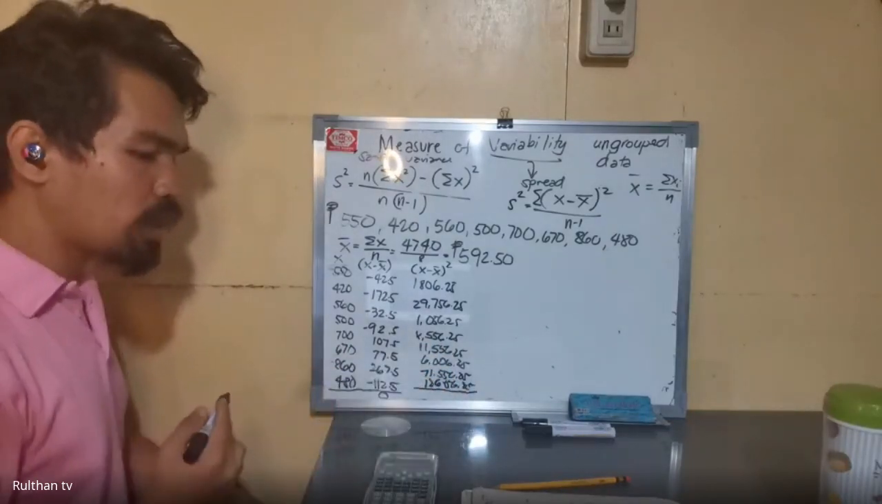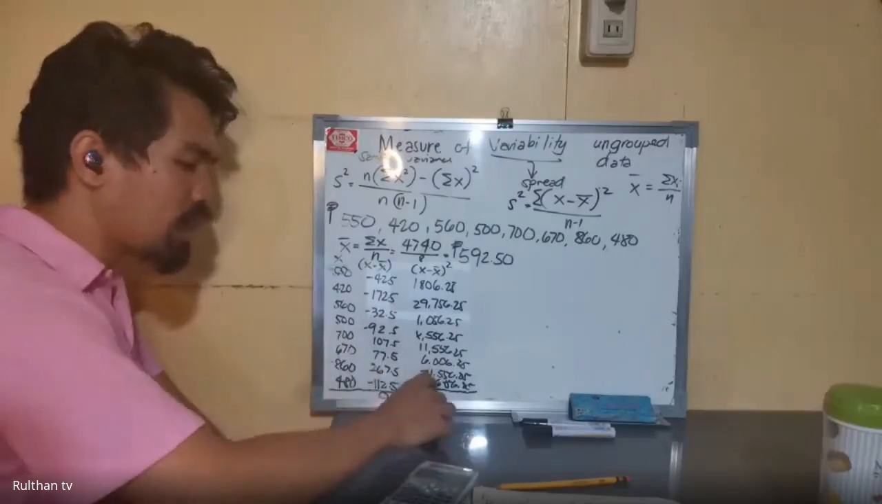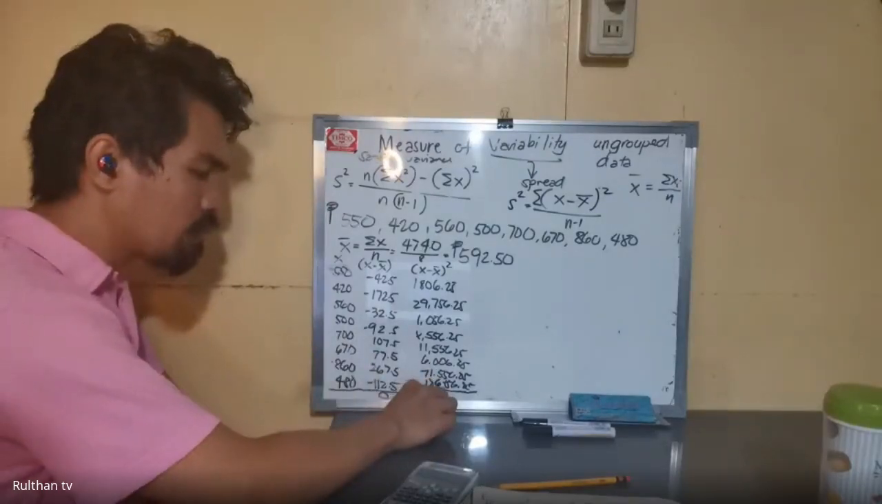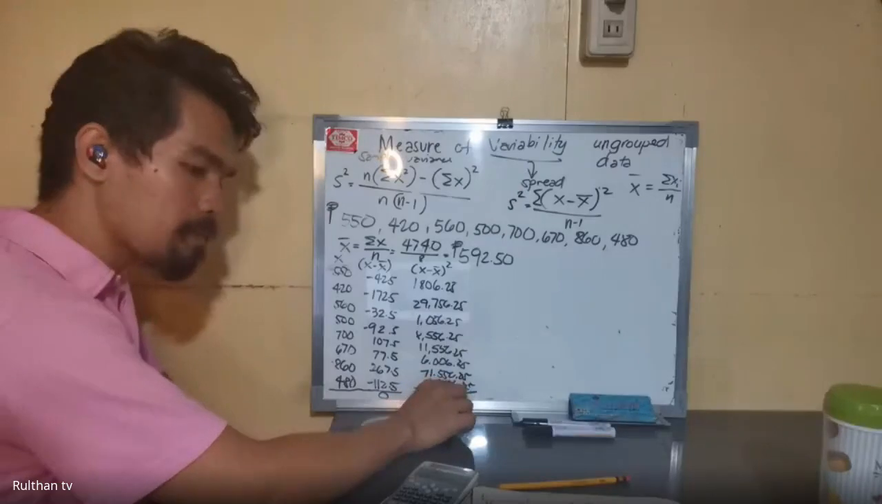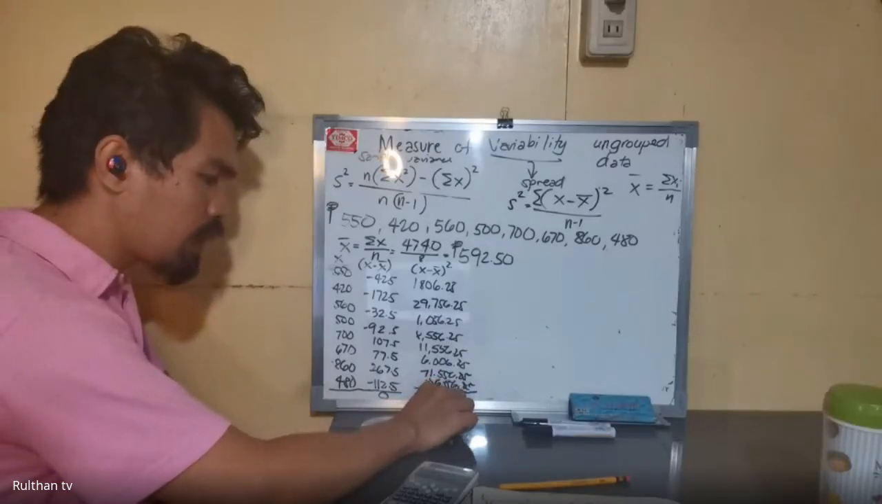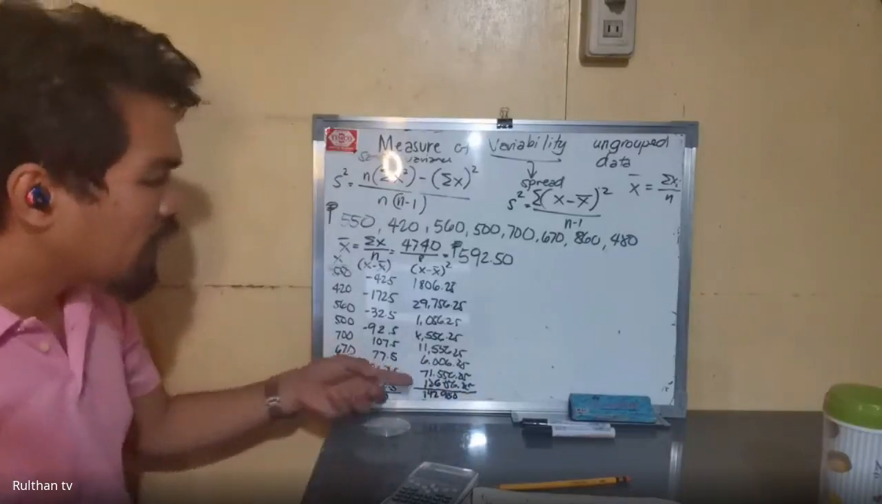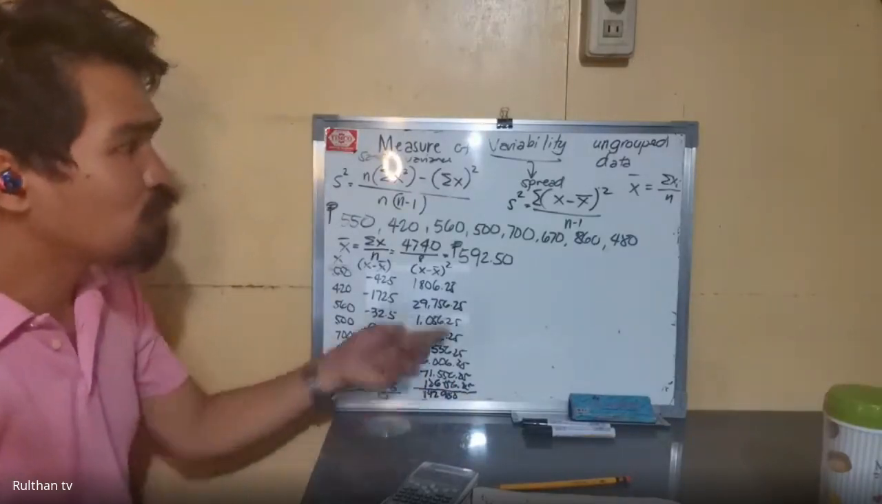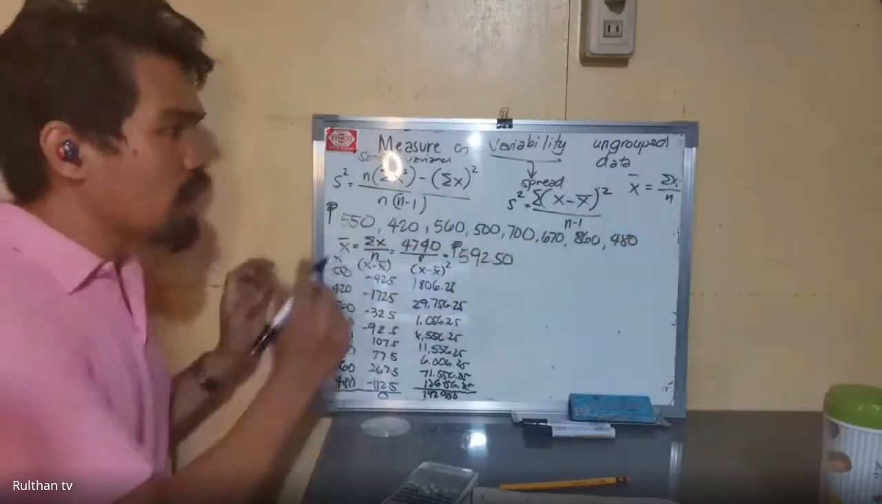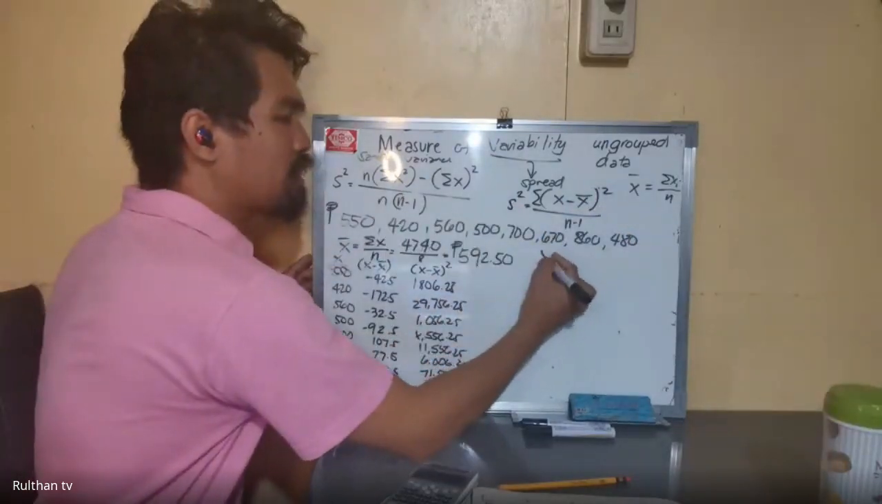Okay, and then you get the total, which is 142,950. You have now the value. Now, we needed all this information to solve using this formula. So we have now our value. So our variance,